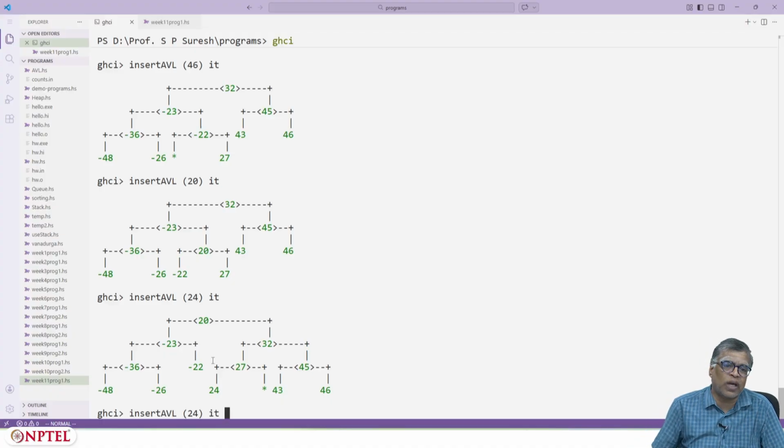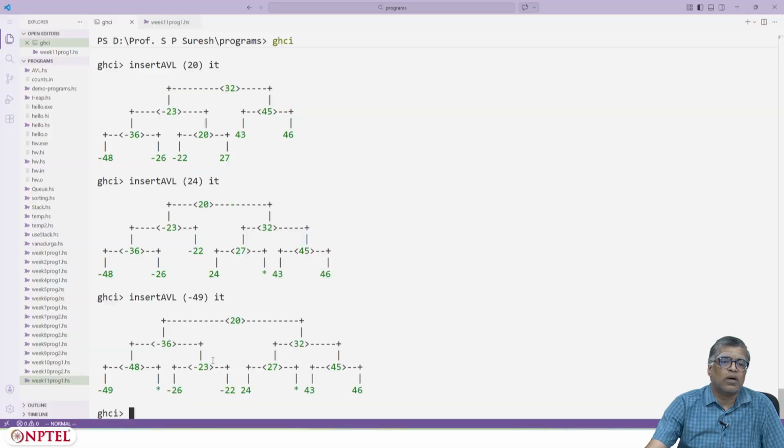Now minus 49 should go to the left of minus 48 and shouldn't be a problem. No, it is a problem, because right now if you look at the tree rooted at minus 36, its height is 2, and if you look at the tree rooted at minus 22, its height is 1.